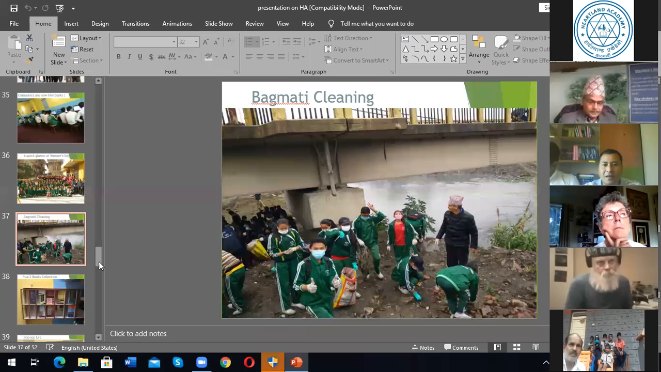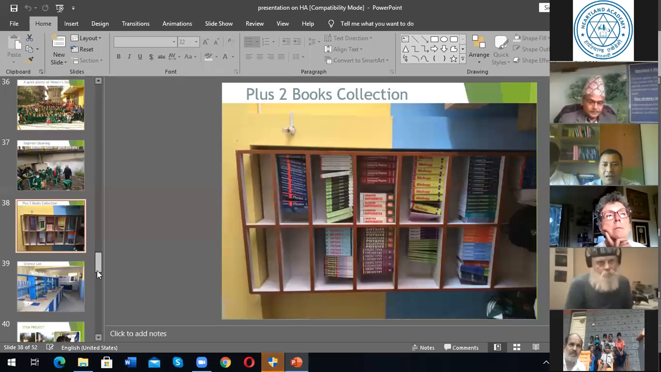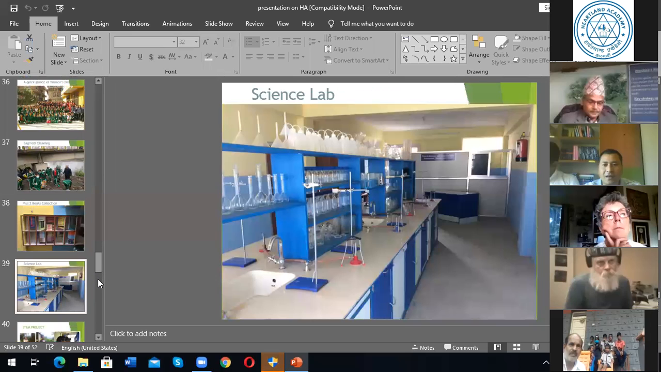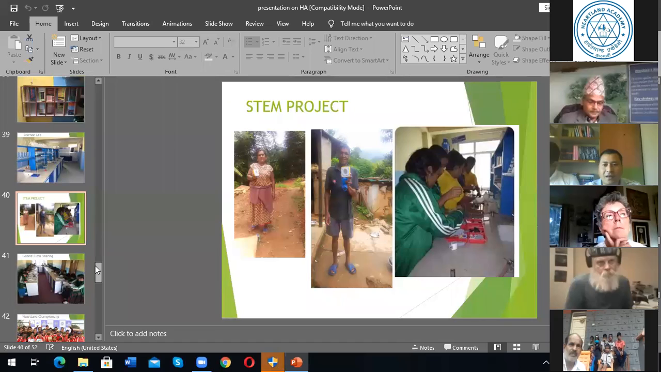This is the picture of our library, and this is the picture of our science lab. Let me speak about this project, that is a STEAM project. As a part of the STEAM, our students invented